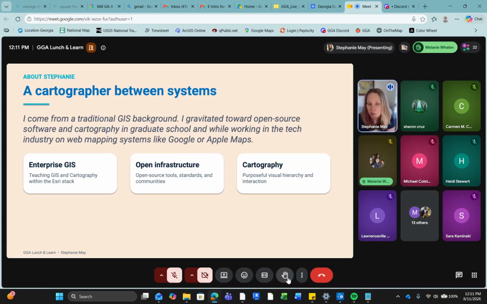And then from there, I went and worked in the tech industry. I worked for Apple for a bunch of years, and Esri isn't available to this day, isn't really Mac compatible. So I was kind of an early adopter and then kind of a forced adapter of all of the open source geospatial stacks.